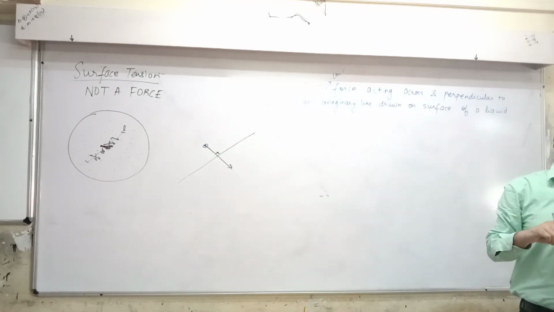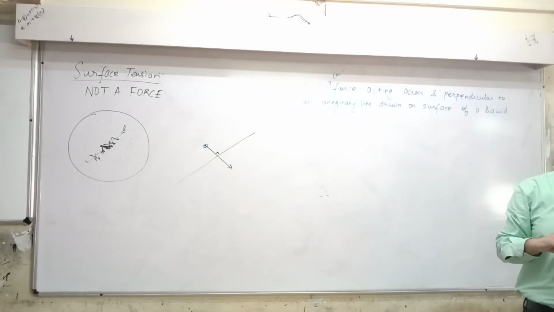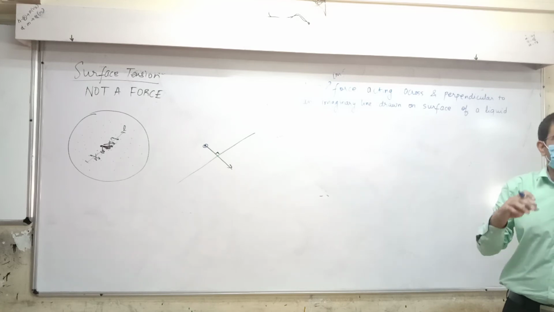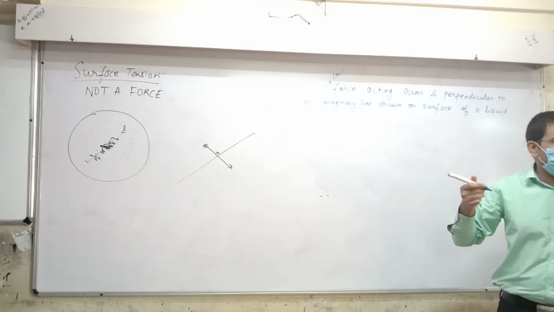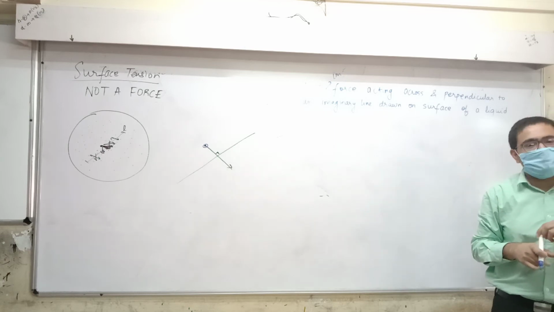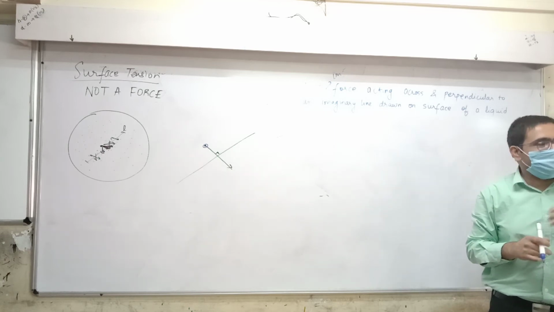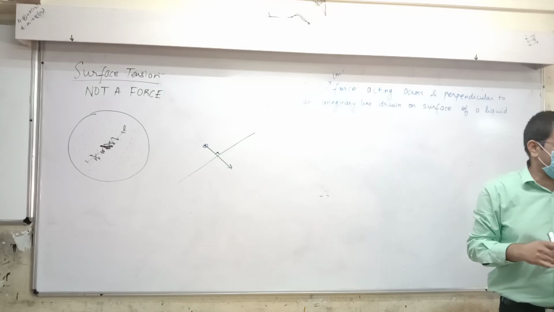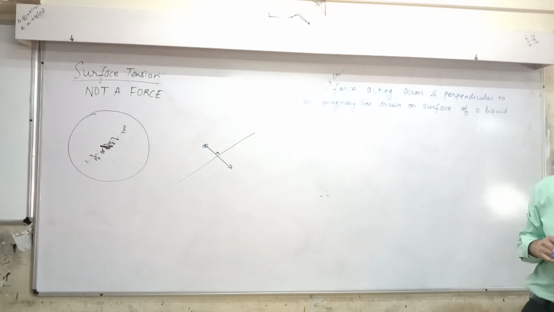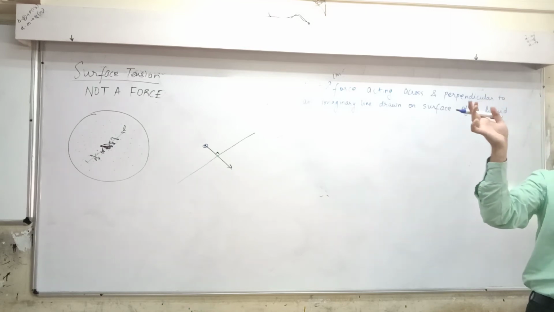Gases do not have surface tension. Is that okay? Because gases don't have a surface like this. If you fill gas in a beaker, what will happen? It will not have an upper surface. You agree with what I'm saying? Yes. If you fill gas in a beaker like I showed at the start.